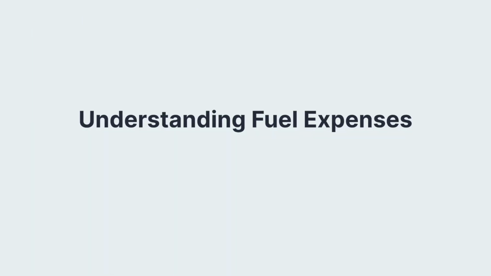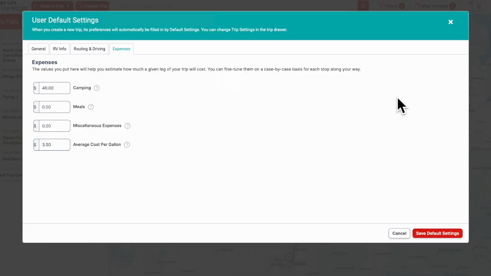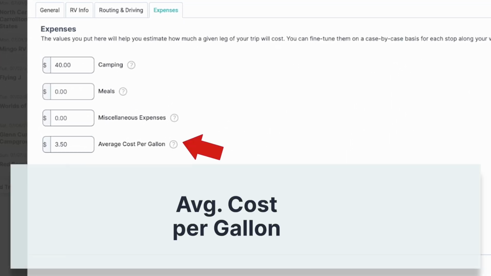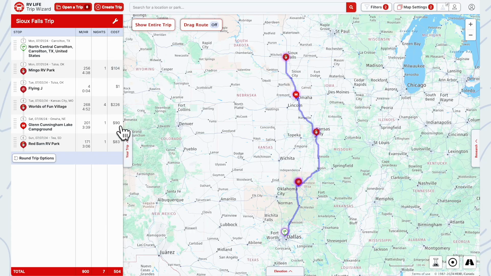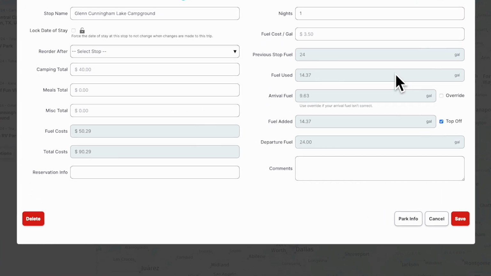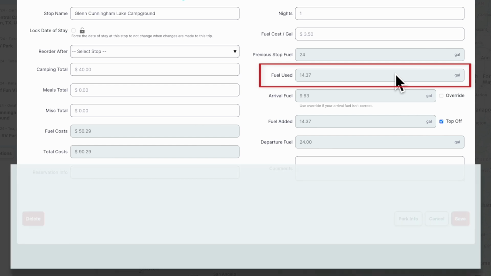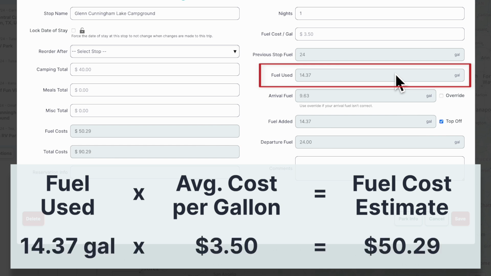RV Trip Wizard will give you a rough estimate of fuel costs as you add stops to your trip. It will take the average cost per gallon from your settings and multiply this by the amount of gallons in the fuel used field at each stop in your itinerary. Here's a campground from our trip where we've already chosen to top off, refilling the 14.37 gallons of fuel used since the last stop, where we also refueled. At the default fuel cost of $3.50, this comes out to around $50,